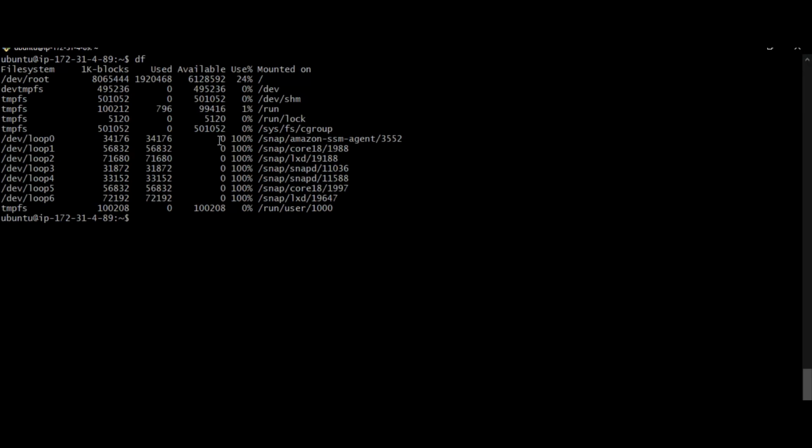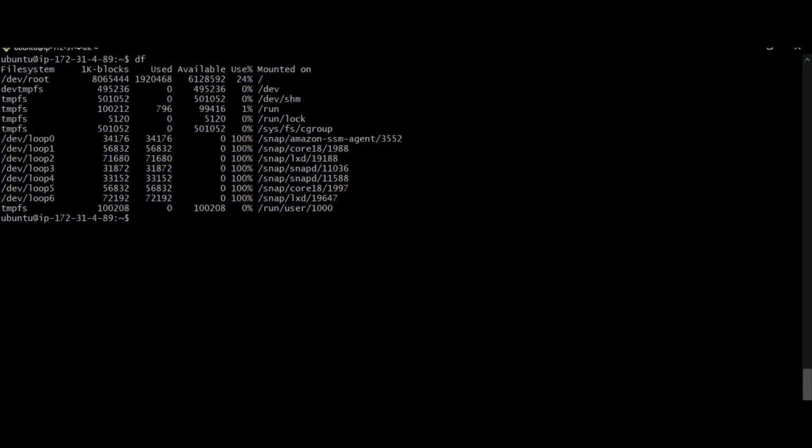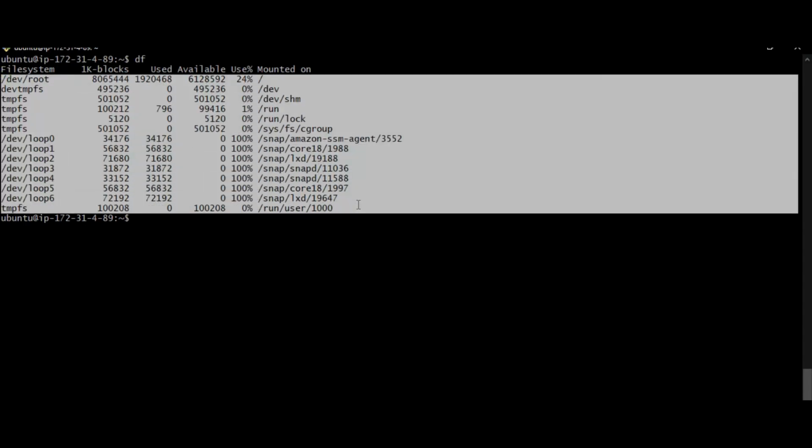If you enter df and press enter, we can see the information of the files, directories and the disks. We can see the usage, available and the percentage of how much we use. We can see the entire information of the disks in our Linux machine.